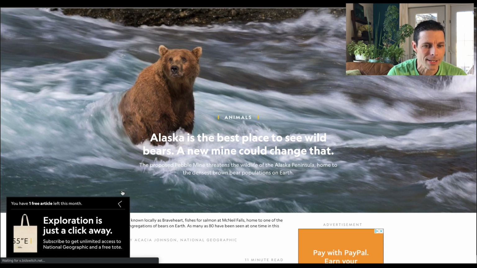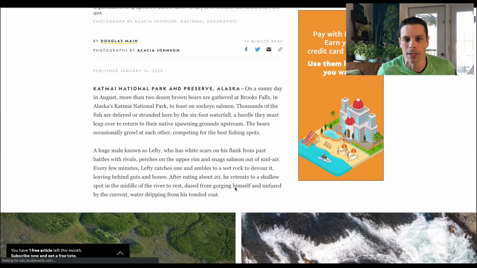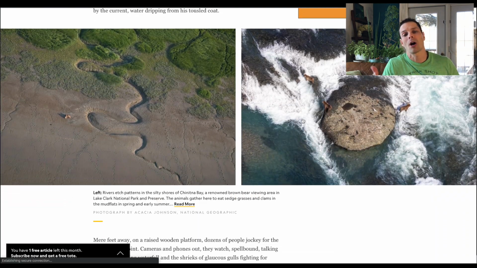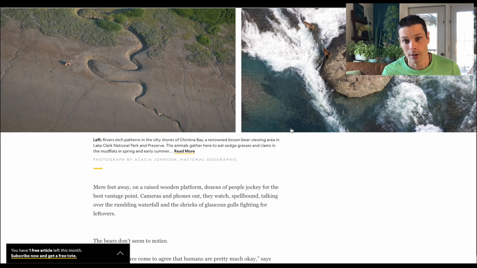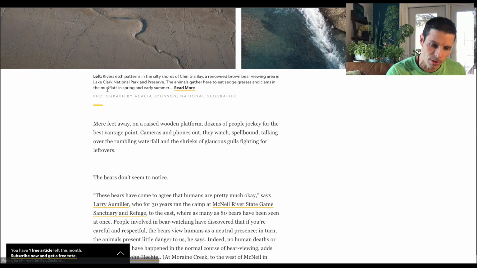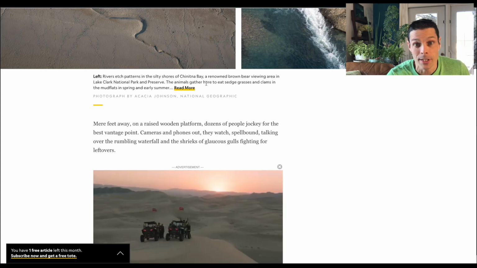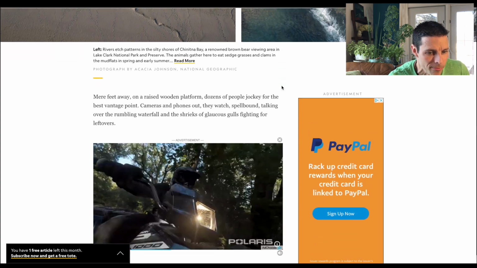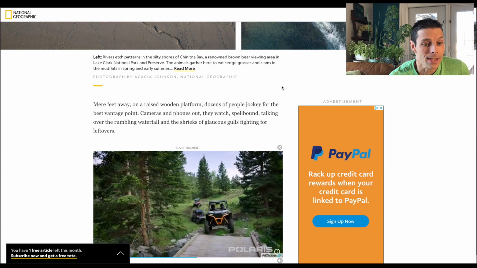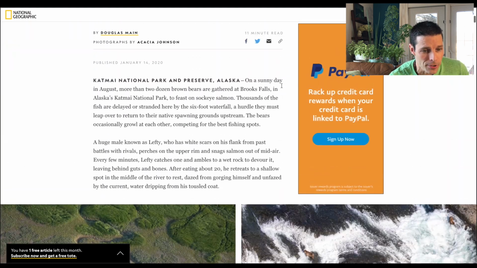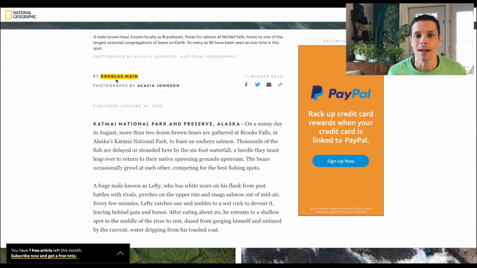Let's see, what else do I see right off the bat? Yeah, I see pictures in an article. Pictures are optional. They're not in every article on Earth, but lots of articles have pictures. Go ahead, if you want to put in some pictures, you can. There are captions underneath the pictures to explain where you got them from. Here I see right off the bat the author's name and date. You have to have that in your article, author's name and date.